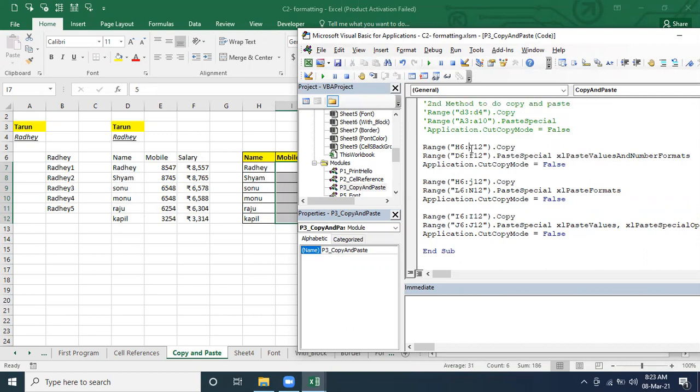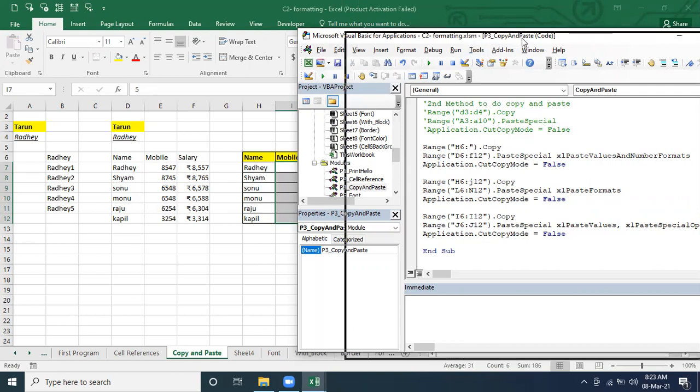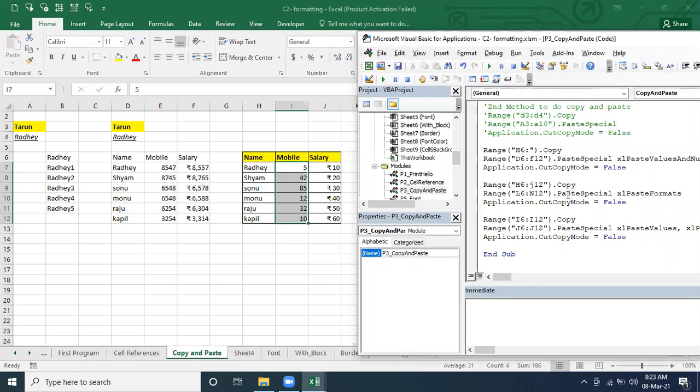So what range are we going to copy, and where are we going to copy and paste? Let's see, at I6. We want to pick only the mobile. I6 to what? No, that bracket, remove the bracket.